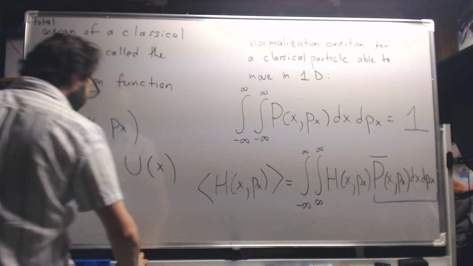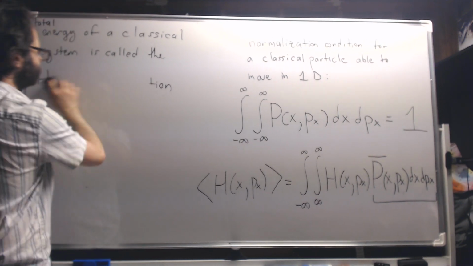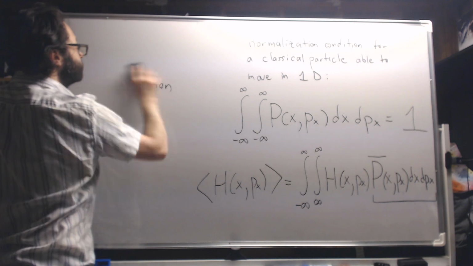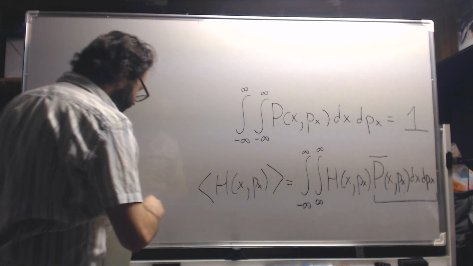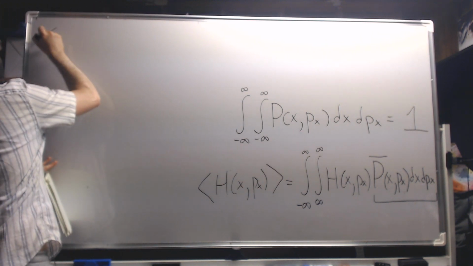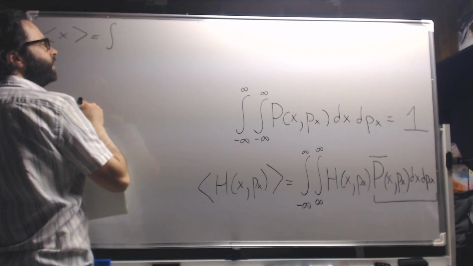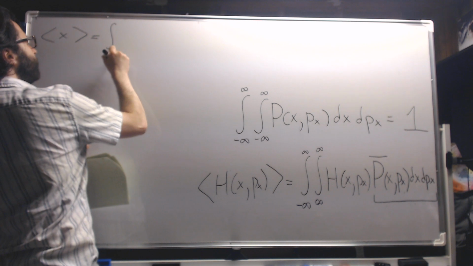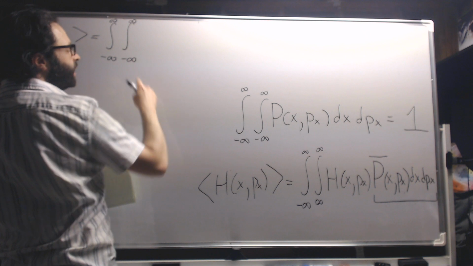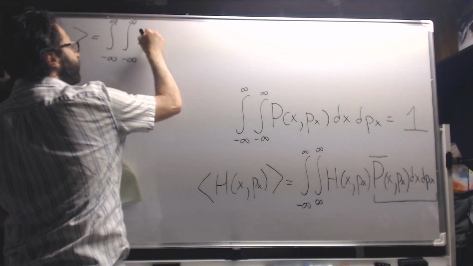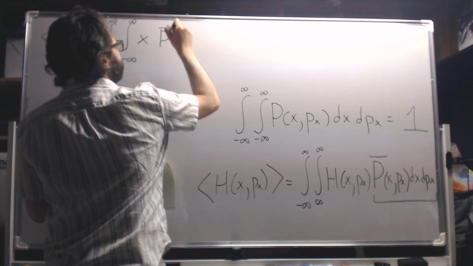What if you wanted the average position of the particle? The average position of the particle free to move in one dimension. Well, the average position is the same prescription: an integral over all space, over position variables and momentum variables, times the thing you want to average, so in this case it's just x, not something that depends on px also, times the probability density,